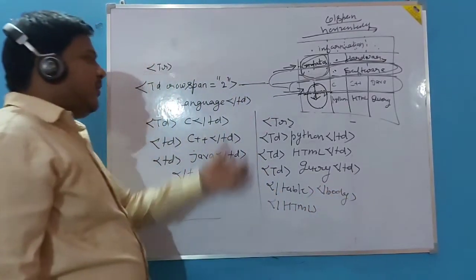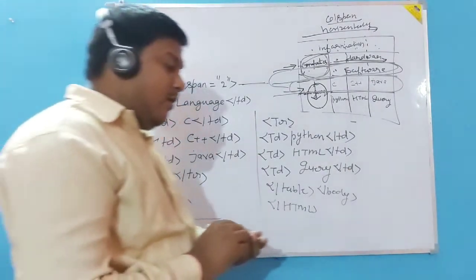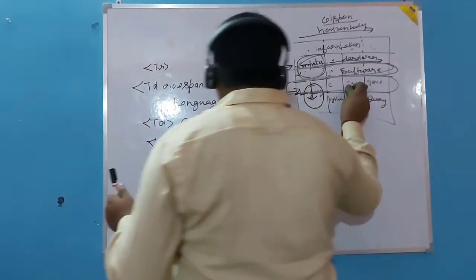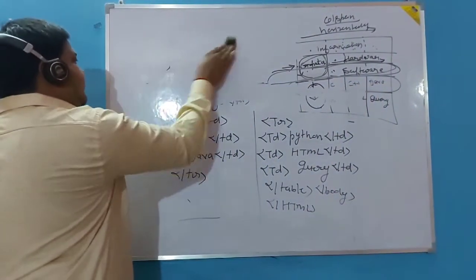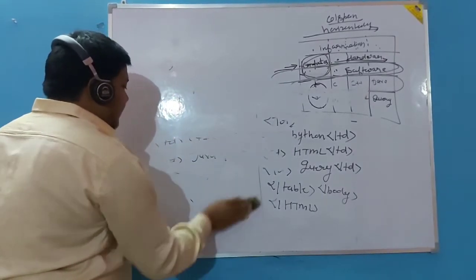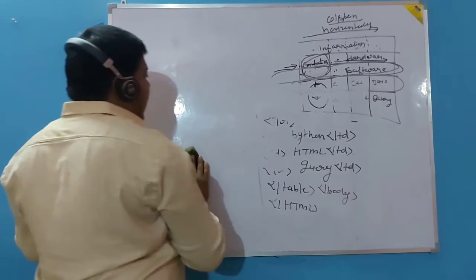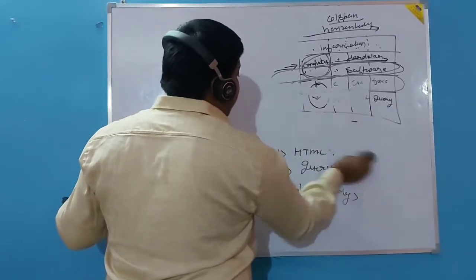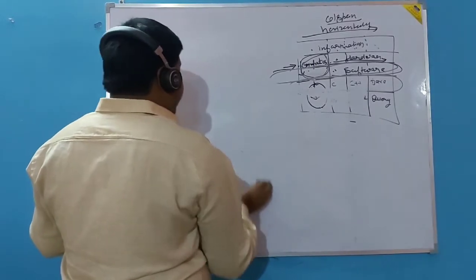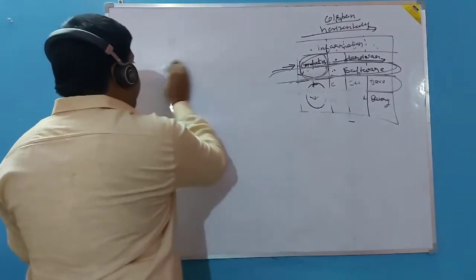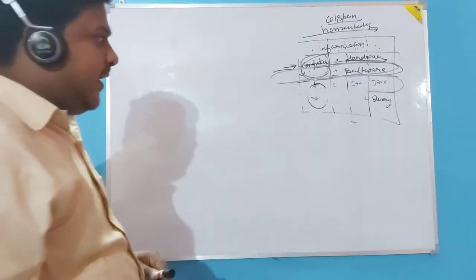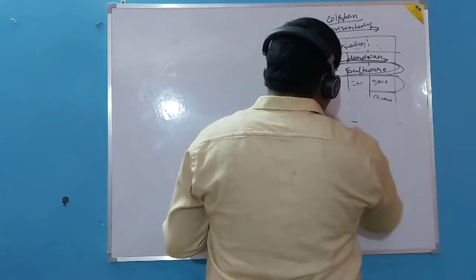So this is a program for the table, in which we are merging more than one cell. In merging we have to keep in mind in which row how many cells are merged, and whenever we are writing the code we also have to keep in mind, in the row, if it is merged horizontally or vertically, how many cells are left, and then we write the code.